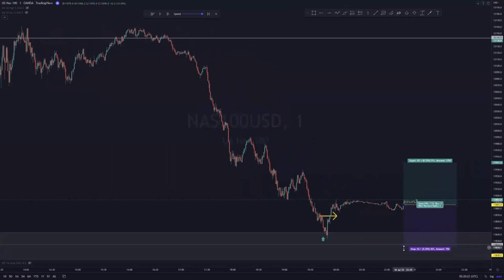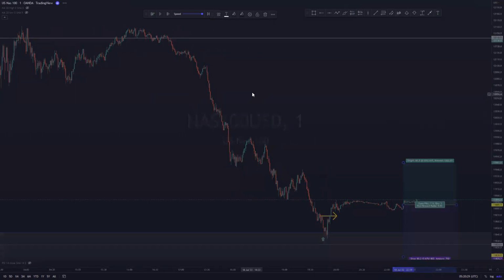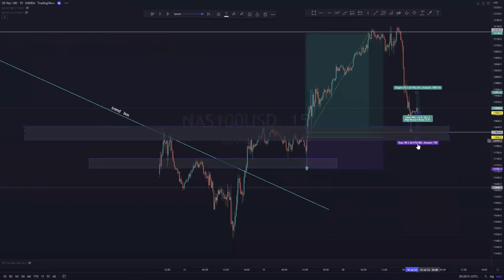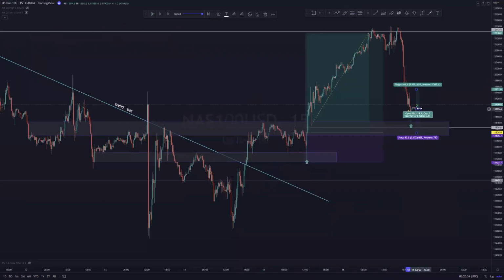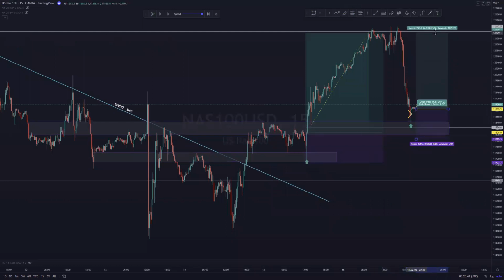We just put our stop loss. If we go back to the 15 minutes time frame, we just put our stop loss on again on 100 ticks, and we took